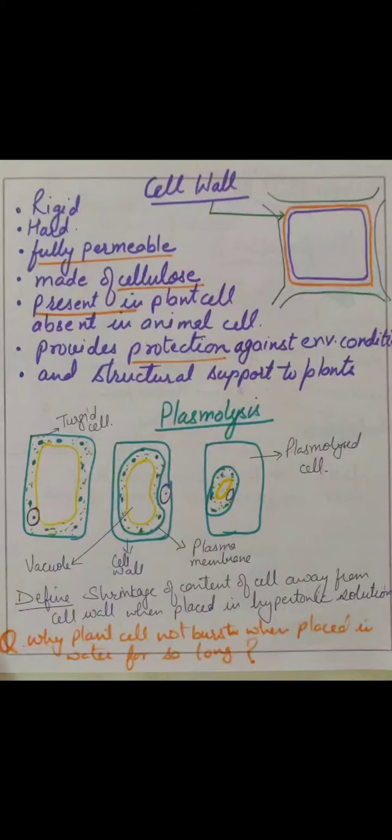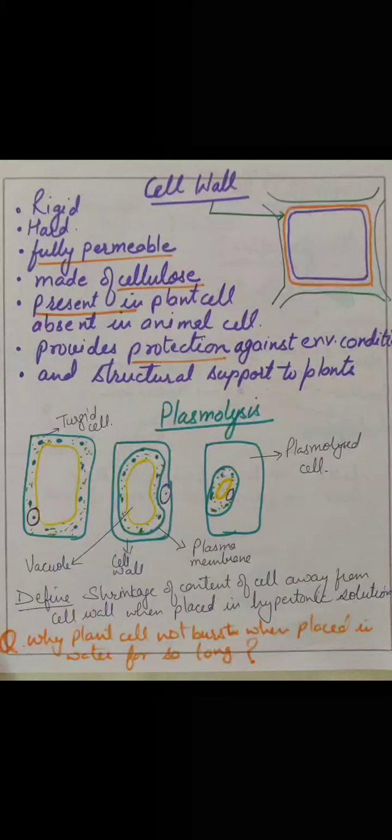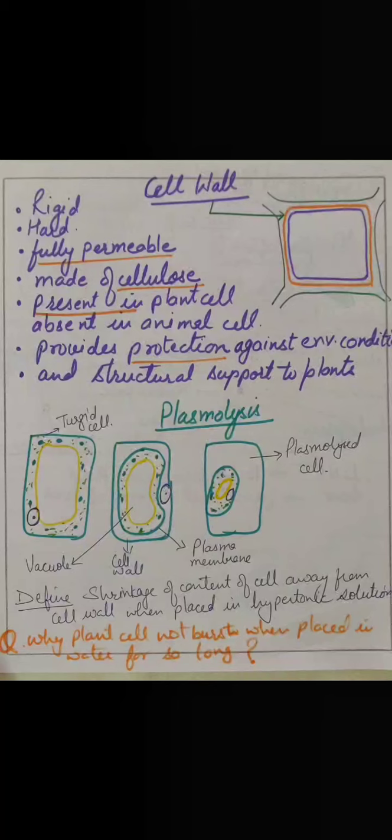Today we will be talking about the cell wall, because till now we have done the cell membrane, its features, its functions and the various properties related to it. The next component is the cell wall. It is the outermost covering present in the plant cell. But for your knowledge, it is absent in the animal cell. Only in the plant cell is the cell wall present.